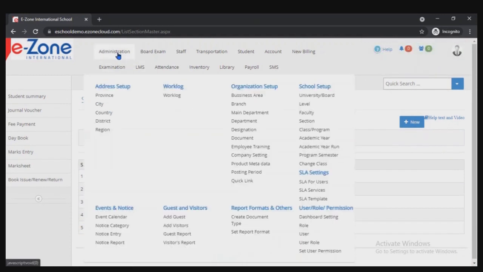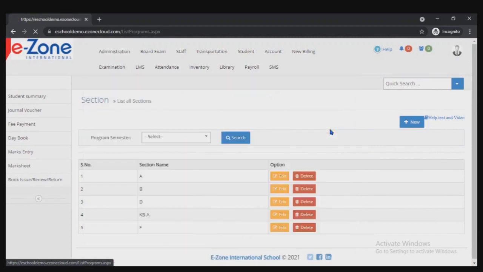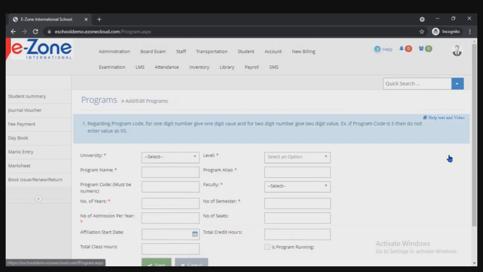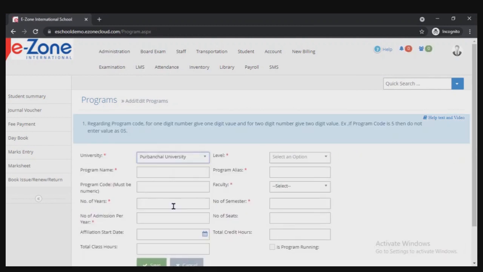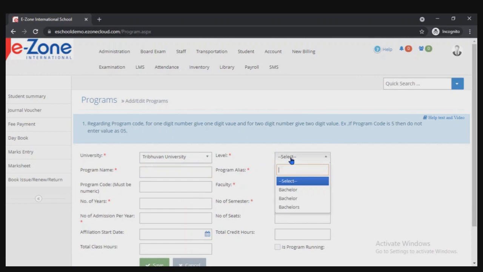Another setup is class or program. Class is the program offered by your school. Under School Setup, click Class or Program. Click New to create a class. Select the university which this program is affiliated to. As you select the university, the levels associated to this university are loaded. Select the respective level, enter the program name,